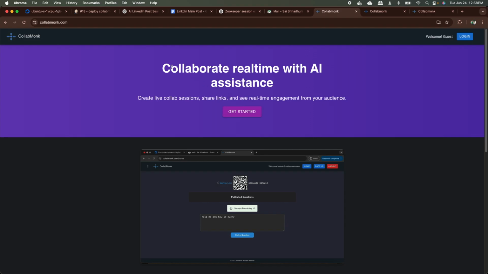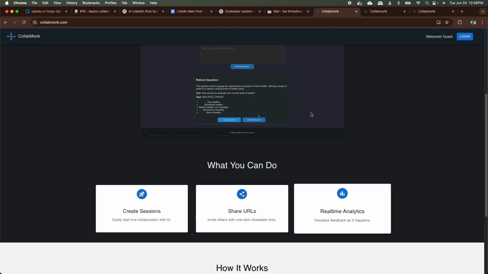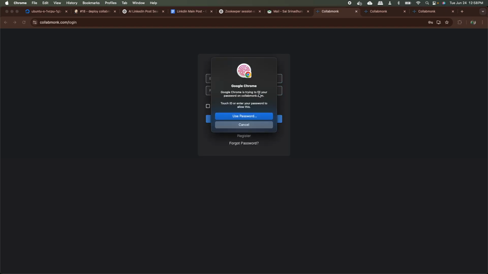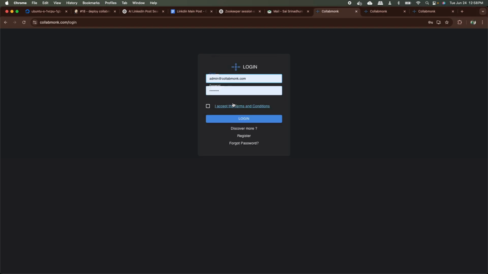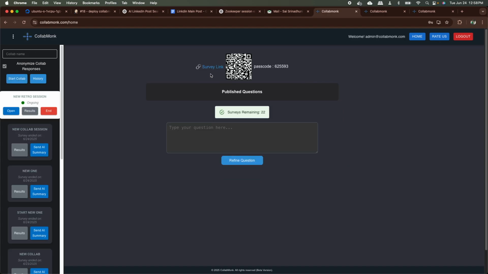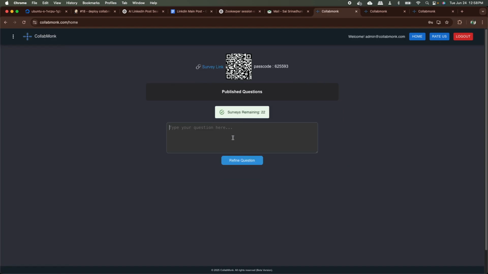So it is collaborative. You can collaborate with your team members in real time with AI assistance, and how it works we will see. Login, and then so yeah, the collaboration session can be anything. Let's say new retro session, let's say, right? And then you can anonymize the responses if you want to, and then start collaboration. So it gives you survey link and the passcode, and